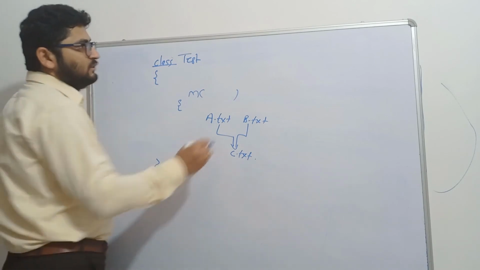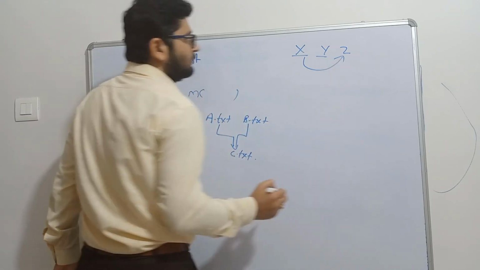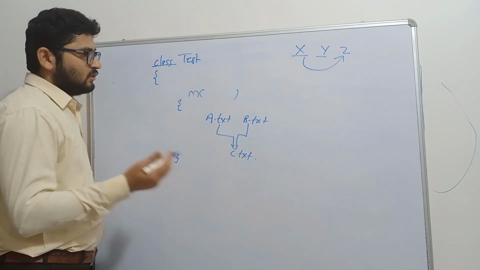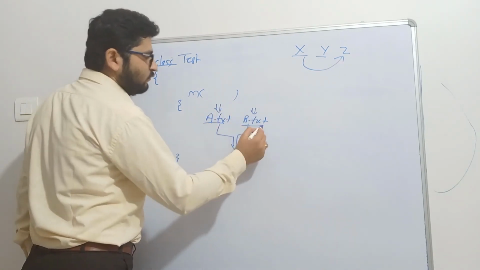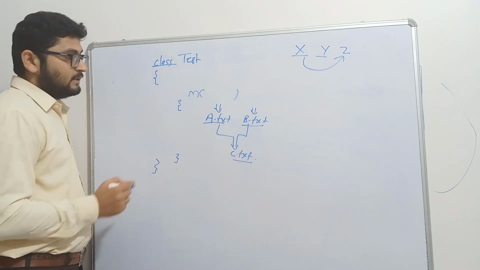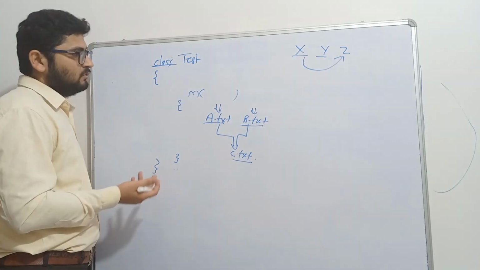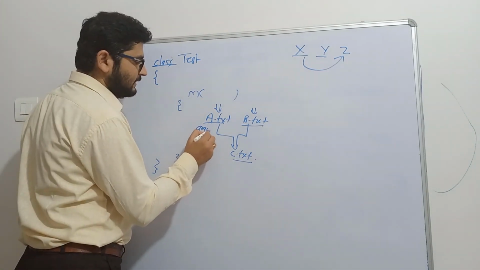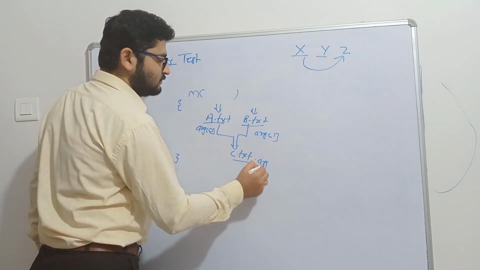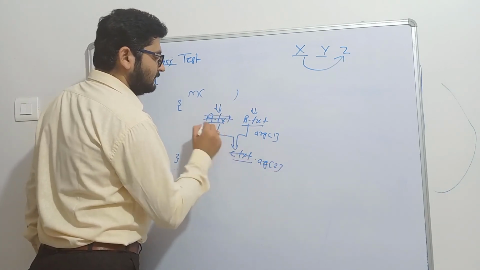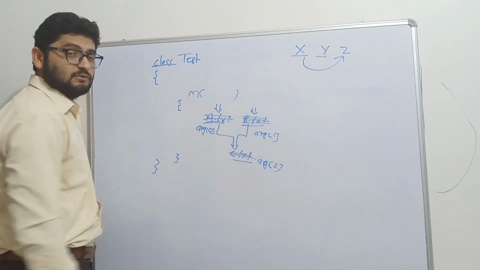But suppose instead of a, b, c you want to merge x and y and store the merged content into the z file. Again you would have to come here and change a to x, b to y, and c to z. So again, it is a hard-coded program. To make it customizable, you can write args of 0 over here, args of 1 over here, and args of 2 over here, instead of giving the hard-coded values.